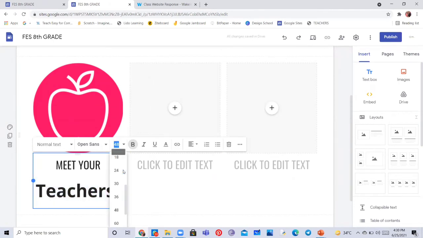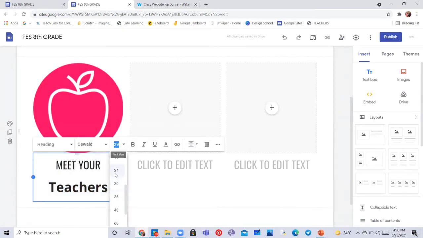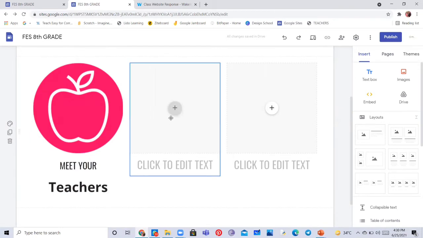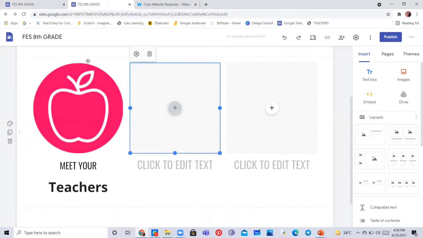I'm going to keep it simple and align it in the middle, likewise. So the first line font, I'm going to choose smaller, and the second line font is going to be bigger, likewise. Then same with the second. On the second, we have a calendar view or your schedule. So first option is meet your teachers, and second option is view your schedule.